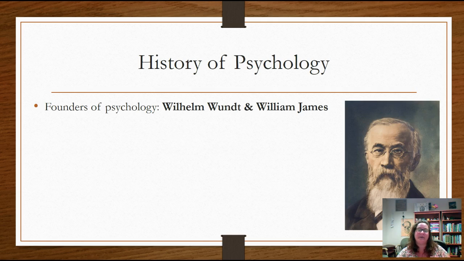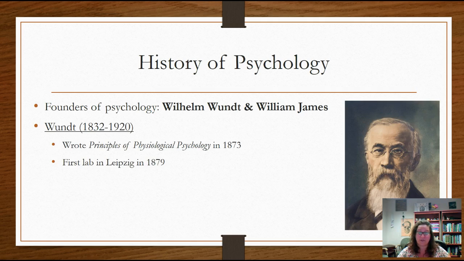So we have to talk about those people who really helped psychology get off the ground and become a field. The founders of psychology: if you just ask people on the street, who founded psychology? Who do you think? Most of the time you're going to get Sigmund Freud. But psychologists actually don't trace their history just to Sigmund Freud. So who we call the first psychologist is Wilhelm Wundt. So that's our first psychologist. And then William James is also a really important player. So these two men were extremely important in the development of psychology.